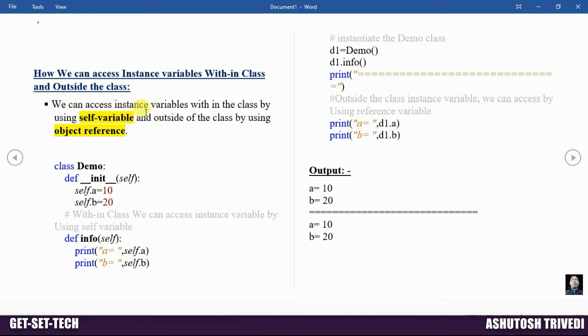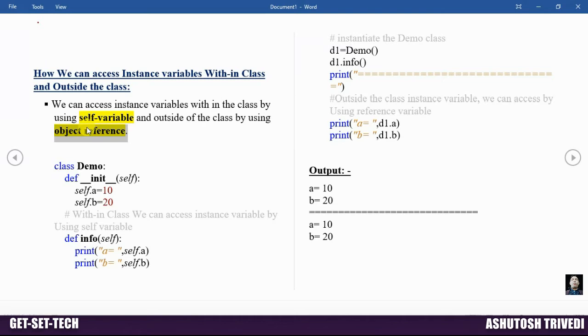We can access instance variables within a class by using the self variable. Within a class, you can use instance variables by using self, and outside of the class, you can use instance variables by using an object reference. Remember this point.